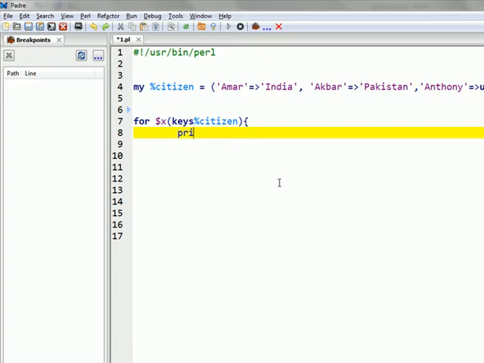I will print $x and $citizen{$x}, then \n. I will make you understand what I meant here.